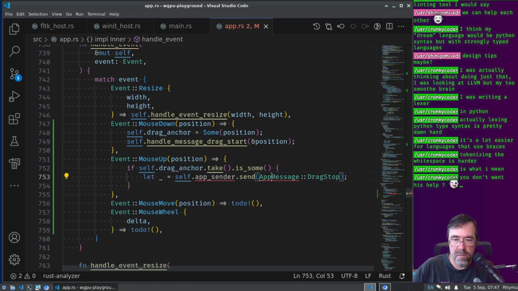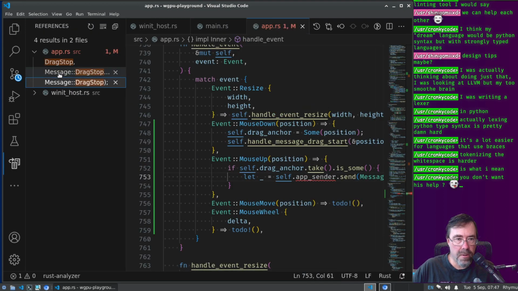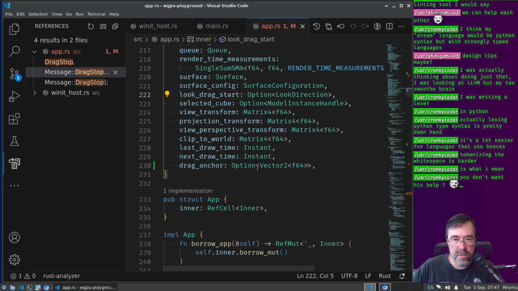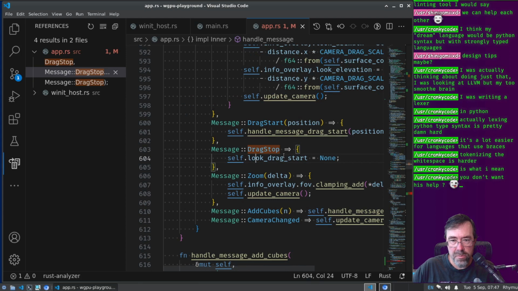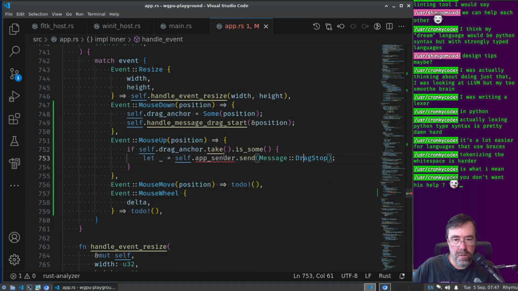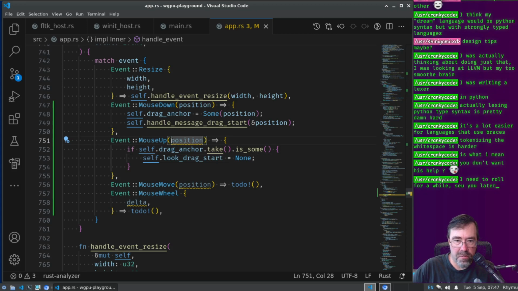Okay, this drag stop, we're gonna move what that does here. Oh, I already had a look drag start. Okay. So we're just moving that then, down to here. Zoop. So we didn't need the position at all. Put an underscore in front. Okay, so then